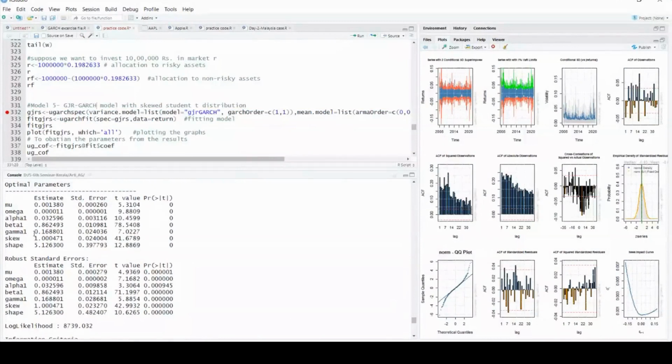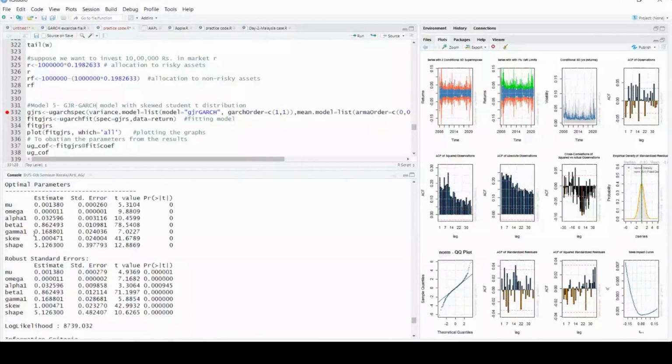In this particular case, when gamma is greater than 0, we say there is a leverage effect. Leverage effect means bad news hampers the market more sharply than good news. That means when bad news arises, stock prices fall sharply, and the volatility in the market at that time would be very high compared to when good news arises. Am I clear to you?